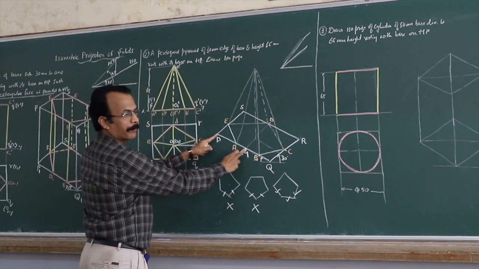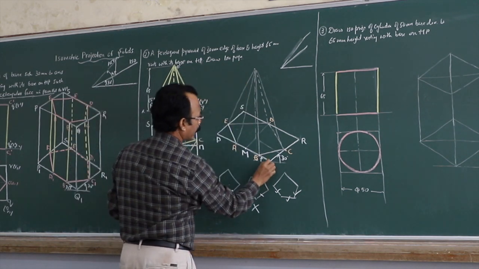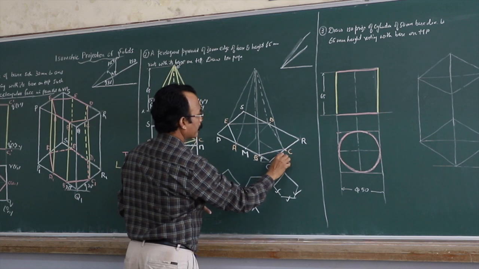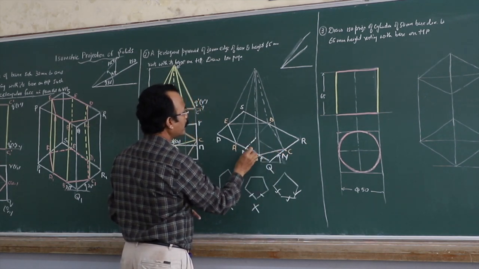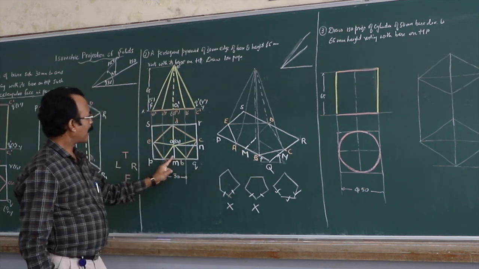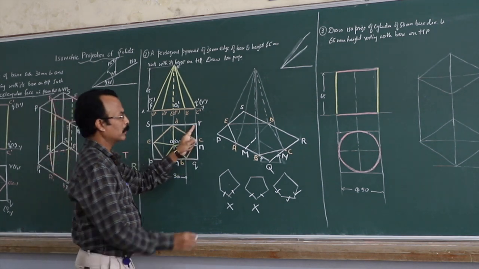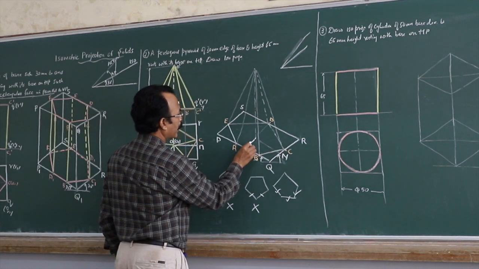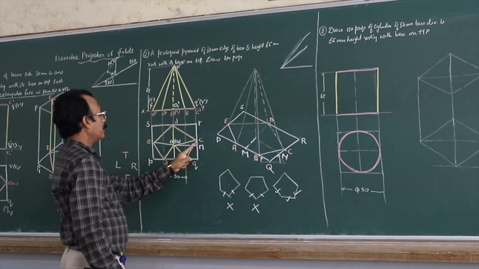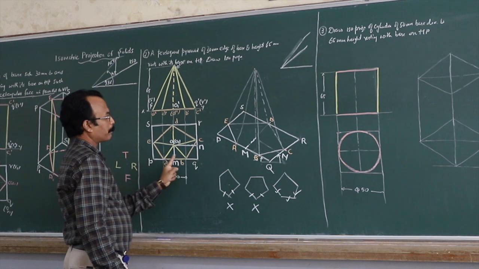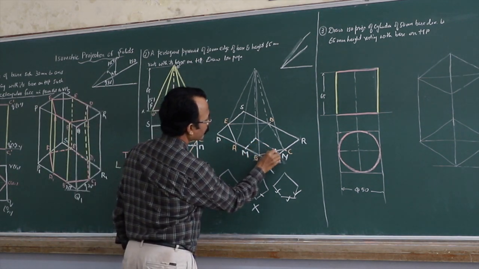PM here. Then you take this QN distance, get it converted, come and mark it here from Q. So you have drawn these, then passing through M, you are having this line MO1 which is parallel to QR. So to this QR, you draw a line parallel here. Then passing through N, you are having a line which is parallel to this PQ. So to this PQ, draw a line parallel like this.